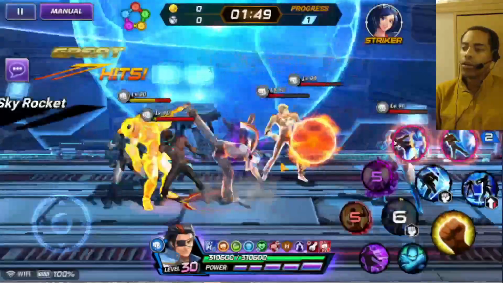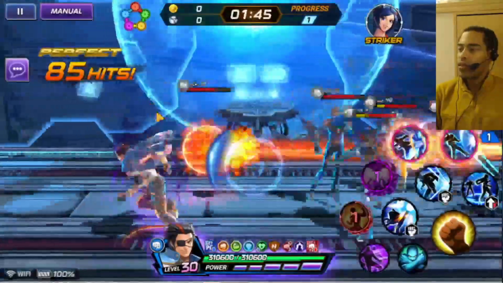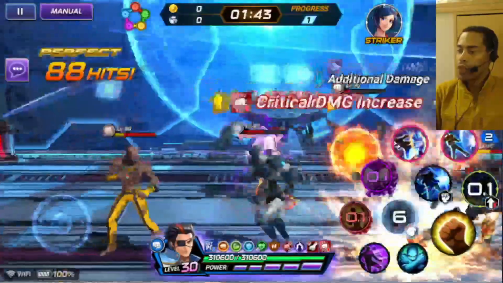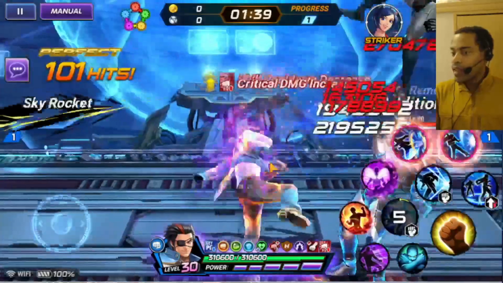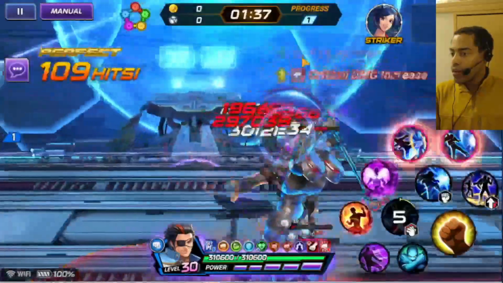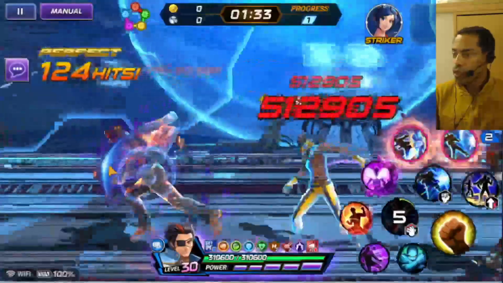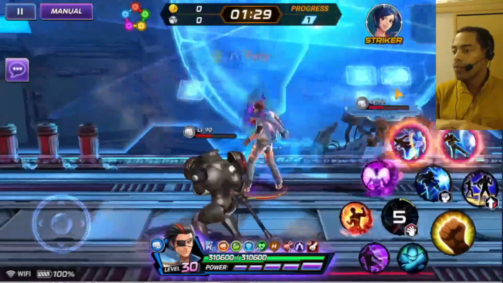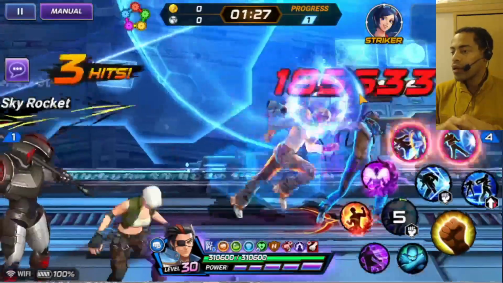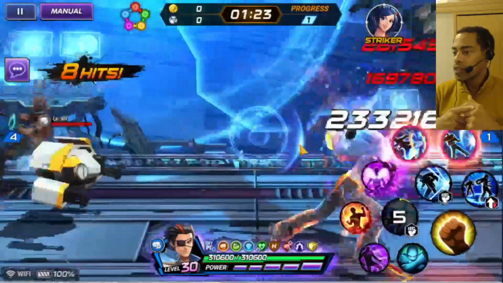You can technically do 1 3 3 1 3 3, but for me it's easier in my mind to keep up the 1 3 1 3. So I would recommend to not even try to fight these units. Just do your 1 3 1 3, run around, try not to get hit, and you won't take any damage. The reason that I say to just run around instead of actually trying to fight